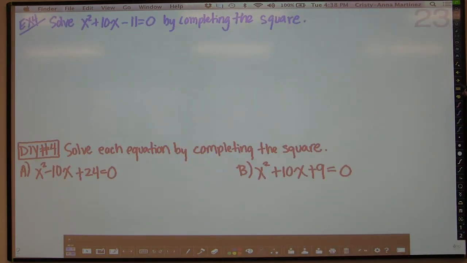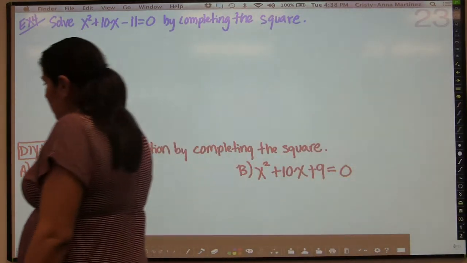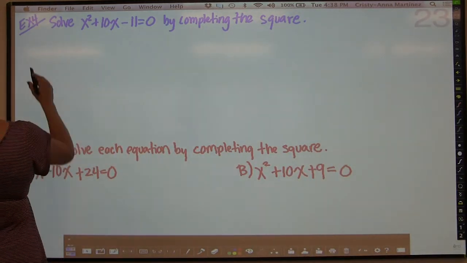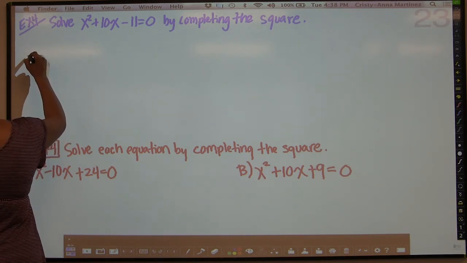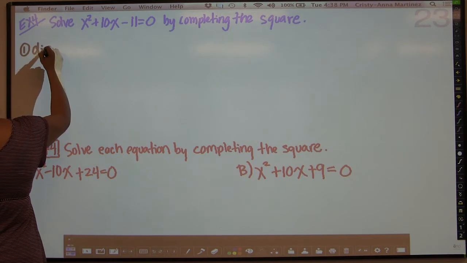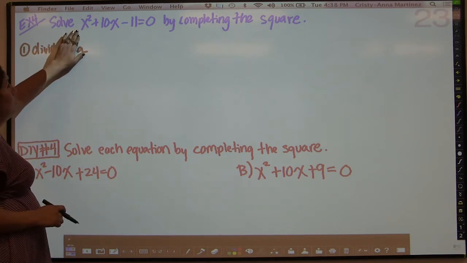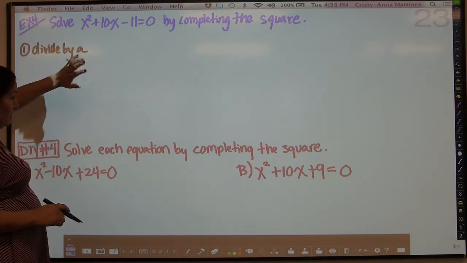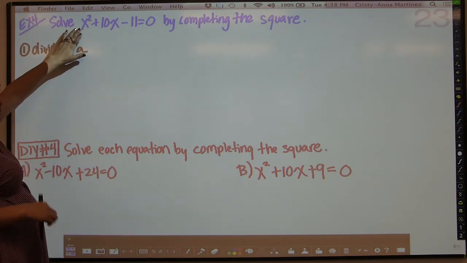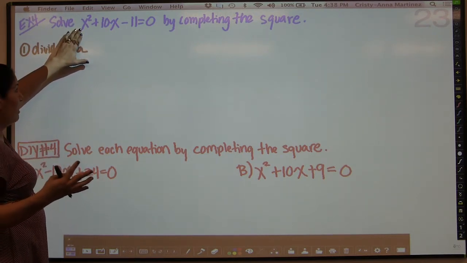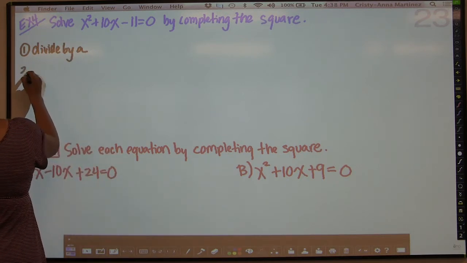We're almost there, folks. Okay, so example 4 says solve x squared plus 10x minus 11 by completing the square. And this is where I'm now going to actually show you the steps, okay? And it's kind of weird. So step number 1 is to divide by a. Now in our case, our a is a 1, so when we divide by 1, we're going to get the exact same thing. But in the next example, you're going to see that there is going to be an a value that's other than 1, and I want you to know that that's the first thing you want to do is divide by a. The second thing you want to do is